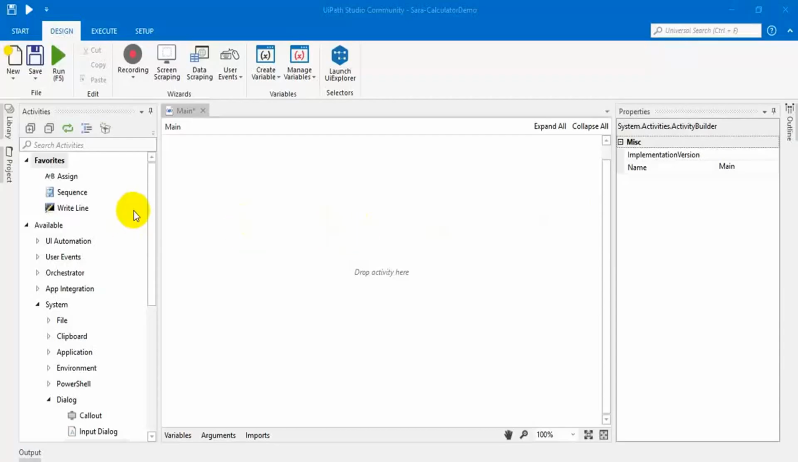Video, I am going to show you how to get all the file names from a directory. Okay, in UiPath we don't have any direct activity for reading all the file names. So what we have to do is